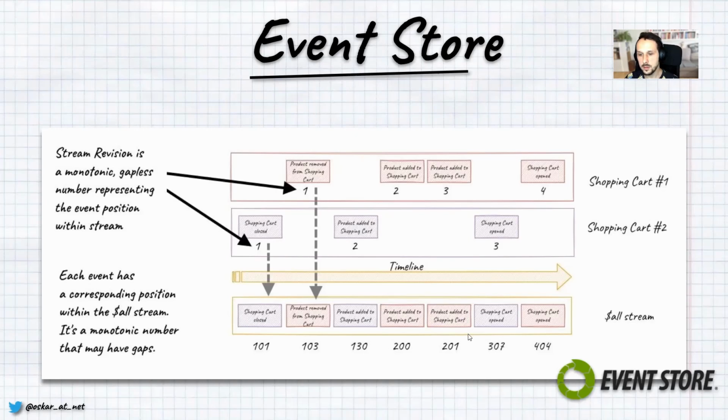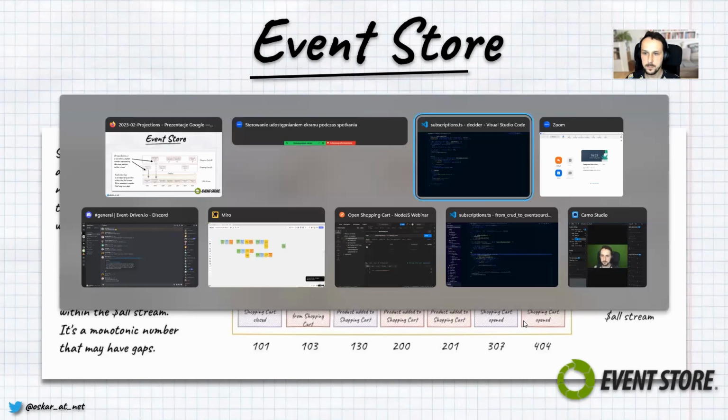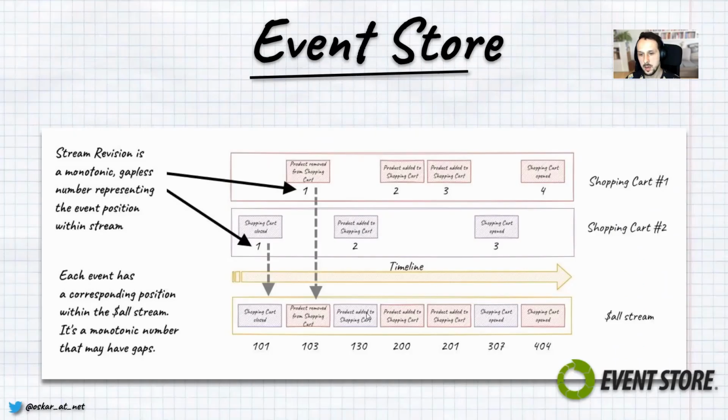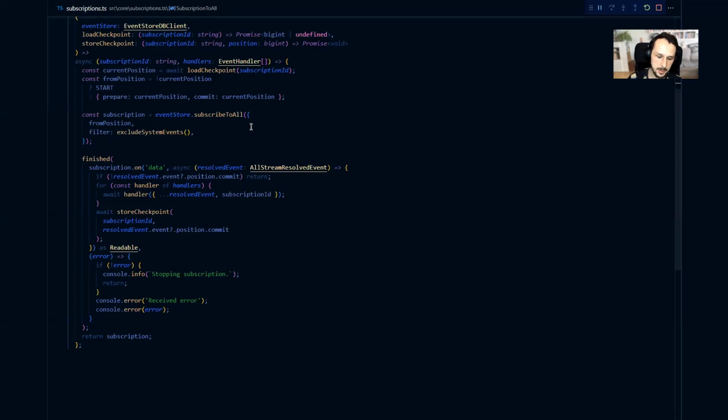So if we are not using Event Store, but for example Kafka, then within a partition there is an offset, and this offset within the partition is also guaranteed to be monotonic, and I think that it might have gaps. So this would be more like a set of all streams, so each partition will have its own numbering. But yeah, those positions are quite critical to handle the read models, because as we are running that in